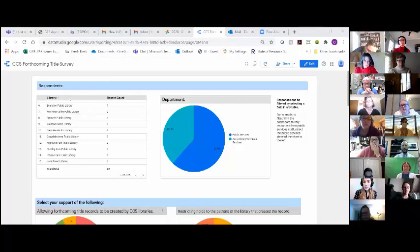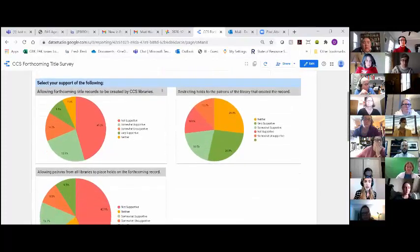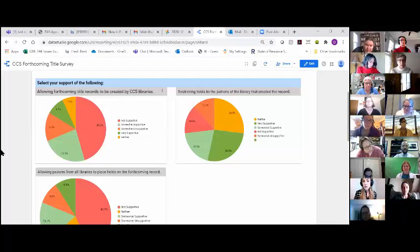So I chatted a link to this Google Data Studio dashboard so you can take a peek at the survey results from both acquisitions and PAS. We received 42 responses from 25 of our libraries. And again, we sent this out to public services staff as well as acquisitions and technical services staff. In the survey, we asked, do you support libraries allowing forthcoming title records to be created in the database? In response, 45% said that they did not support CCS allowing forthcoming title records to be created,